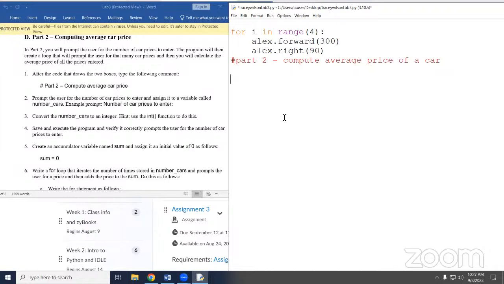So we're going to put a variable over here, and I'm going to call it num_cars. That's how many cars we're going to be working with, right? And it's going to be equal to input. And yeah, I know I abbreviated, the directions didn't, I'm not taking off for that, but I'm lazy. Num is easier than number.